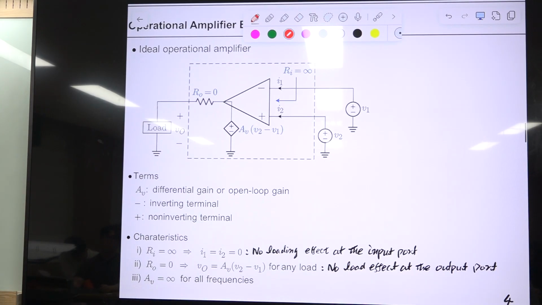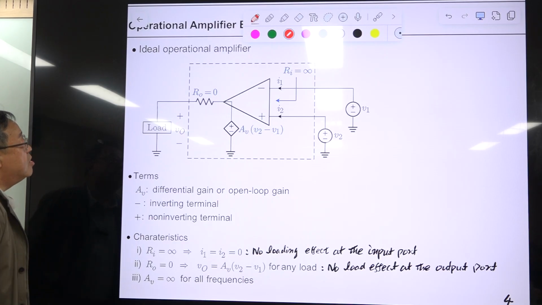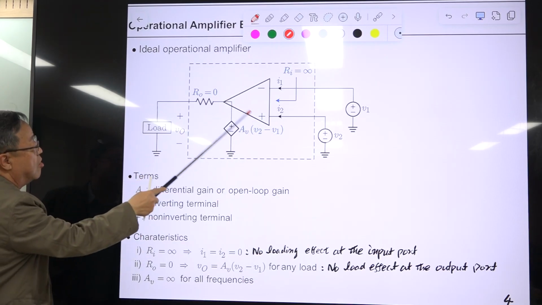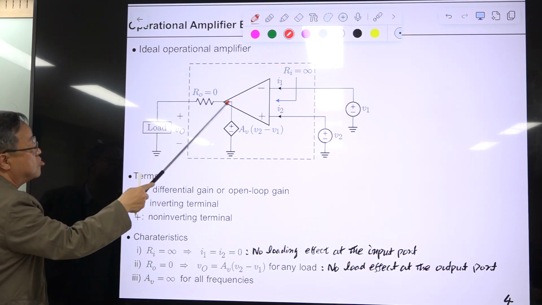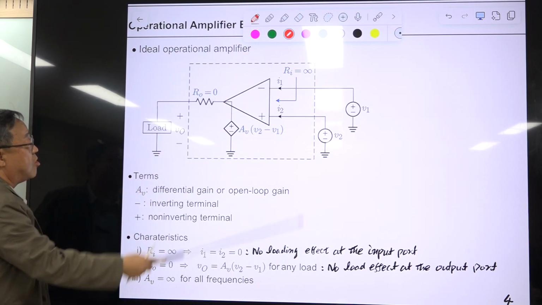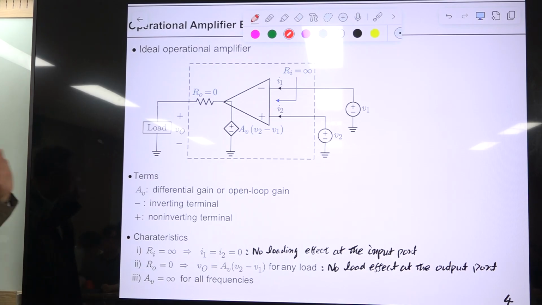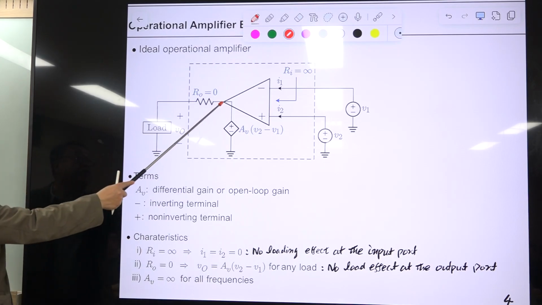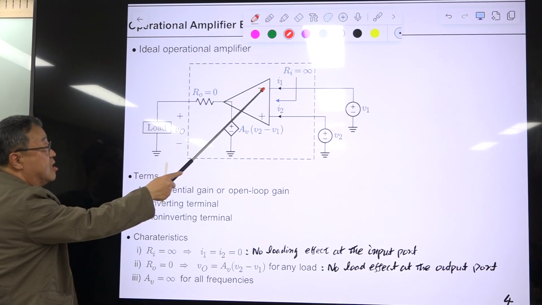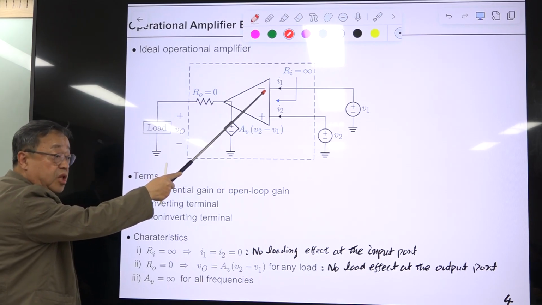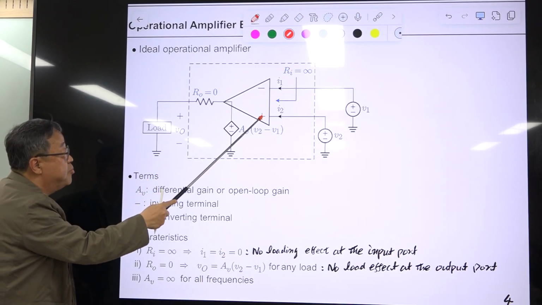Okay. This is the ideal operational amplifier. Okay, this is ideal. This is not a circuit. This is just a symbol. All right. So there is no bias voltage here. So this is just simple. Okay, we are using this triangular one. Okay, so inside of the triangle, this is all contained. So this ideal OPM has only 3 terminals. This one is output. This one is the inverting terminal input probably, and the non-inverting terminal input.